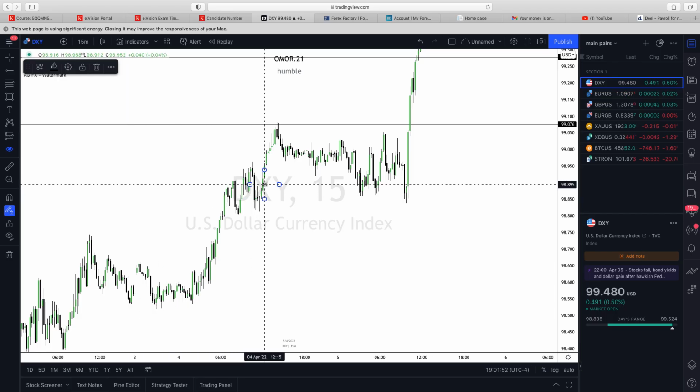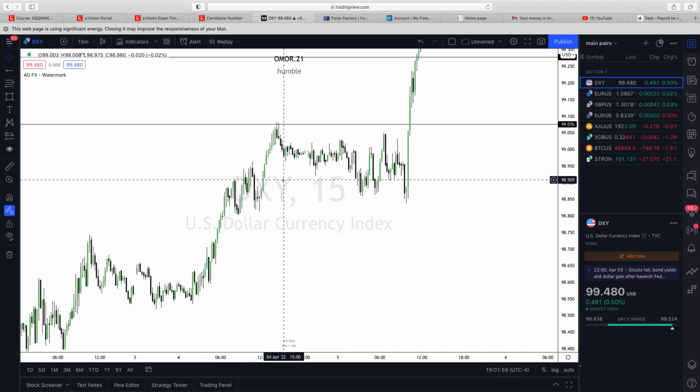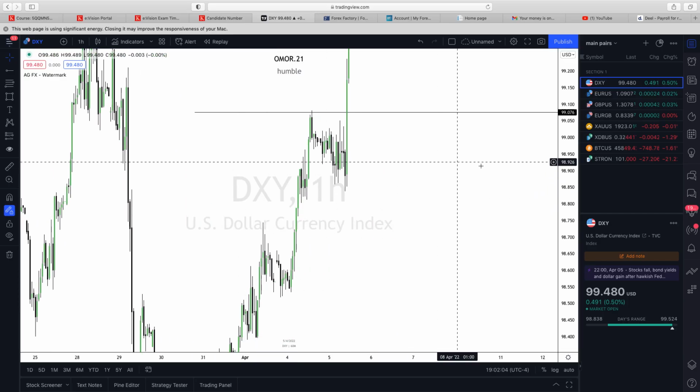You'll see that I've done something like this because this is where I wanted to get out of the trade, because price could fill this imbalance and then it could take off. Now, if you go to the 1 hour, I think it's cleaner, right? So if you go to the 1 hour chart,